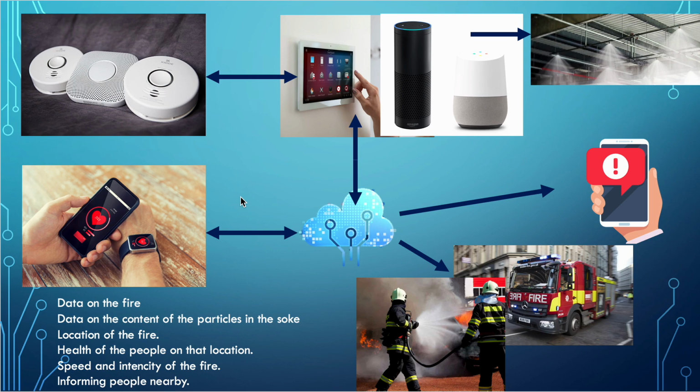No need to wait till somebody gives a call or somebody confirms if there's a fire or not. They will have all the information. The people who own the building and the people who are working in the building will have that information instantly. So in a time-sensitive scenario like a fire, having an IoT system automatically and instantly giving out information will save lives, it will save property, it will be efficient, and